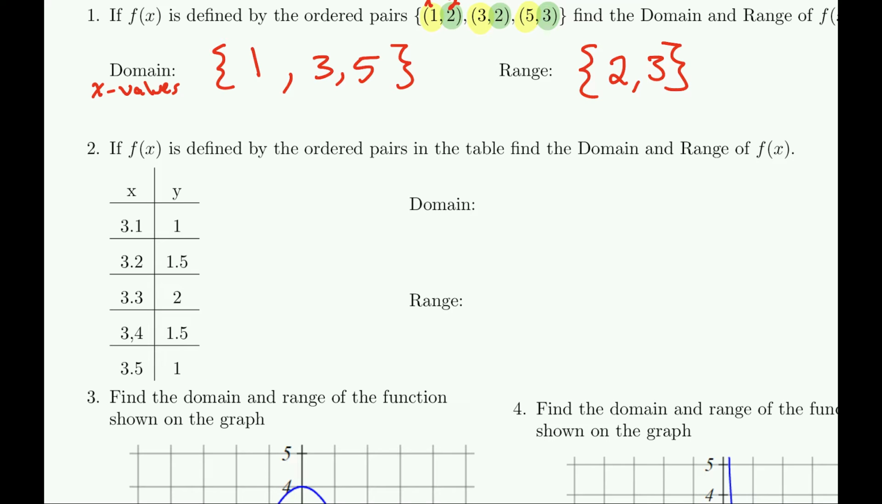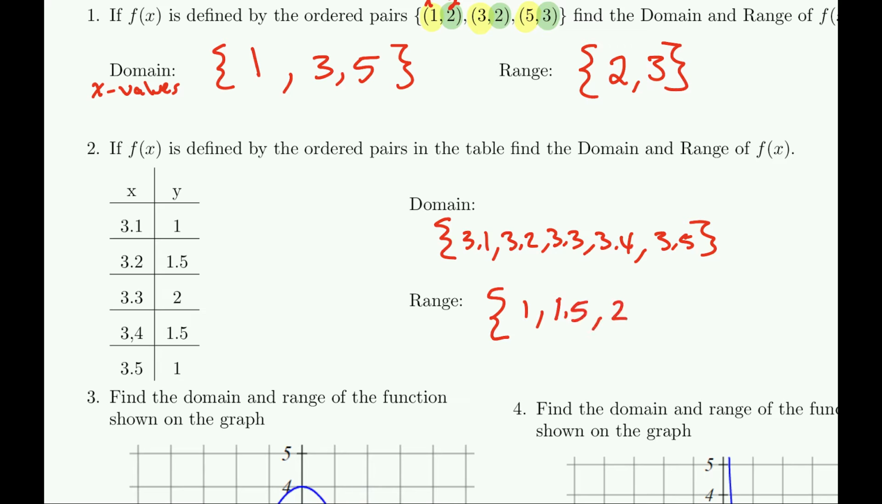So we know how to do the domain and range now. The domain is all of the x's: 3.1, 3.2, 3.3, 3.4, 3.5. That's all of them. Now your range is all of the y values. You need to list all of the ones that are there, but you don't need to list them twice. So they are 1, 1.52, 1, 1.5, 2,